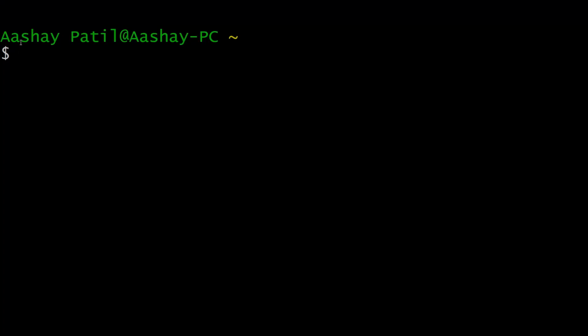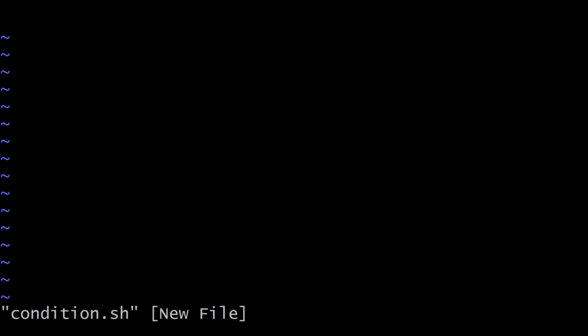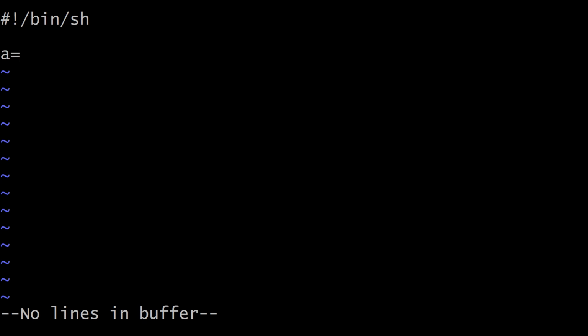For this example, we will create one shell script in our directory, condition.sh. Let's create two variables having integer values. So let's consider a equal to 10 and b equal to 20. Now for the if statement, just give if, and we will give some condition. We will be using the equality operator that we have discussed in the previous lecture. As you already know, the equality operator should be enclosed in square braces which should have spaces around them. So just give a square bracket, a space and give our expression.